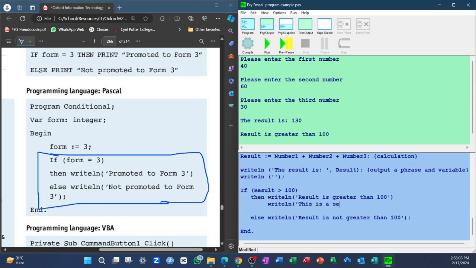This is a second. This is the true section, or we can say the then section. So that we are clear what is going to appear. Now,